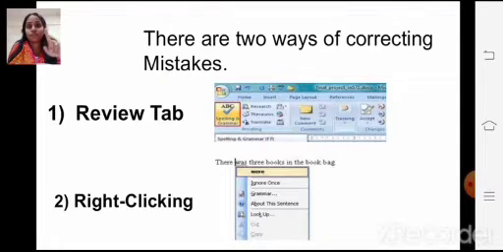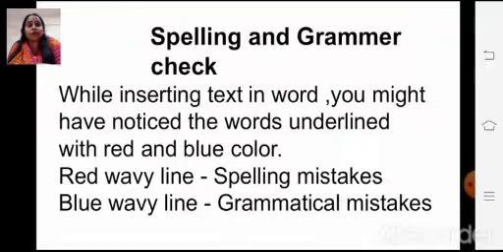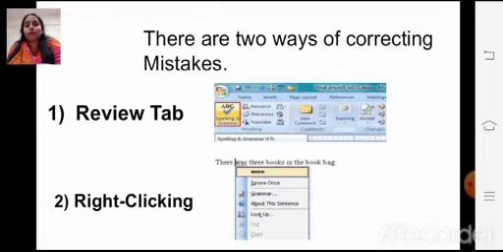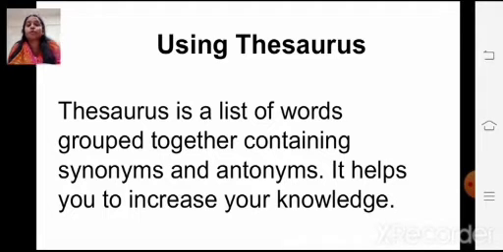Fine. First we are going to see spelling and grammar check. Next, children, what will we see? Using thesaurus. What is this thesaurus?